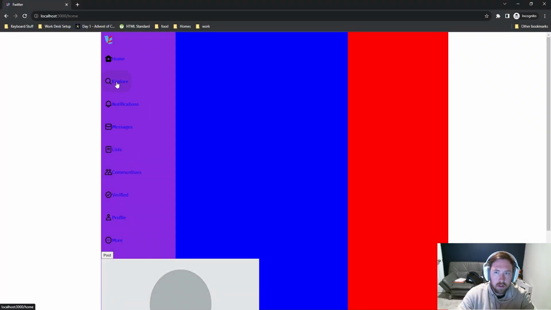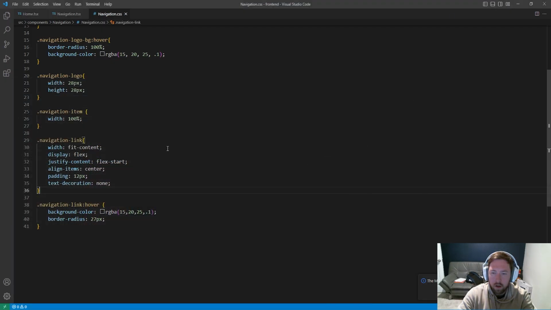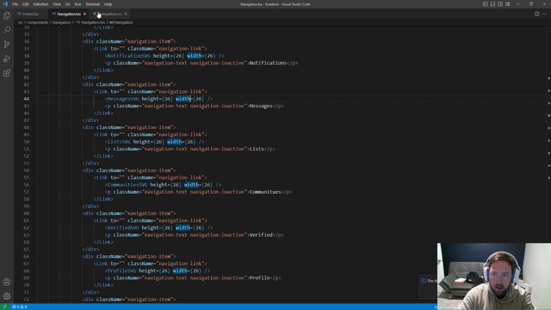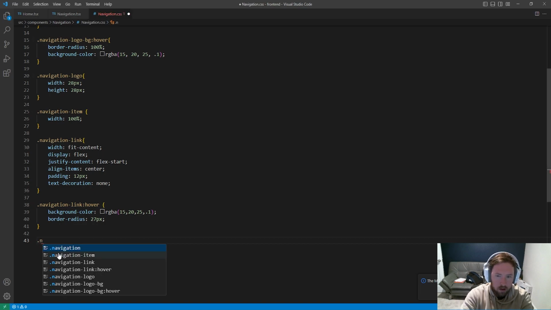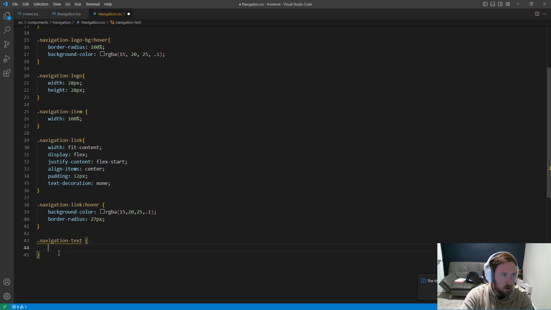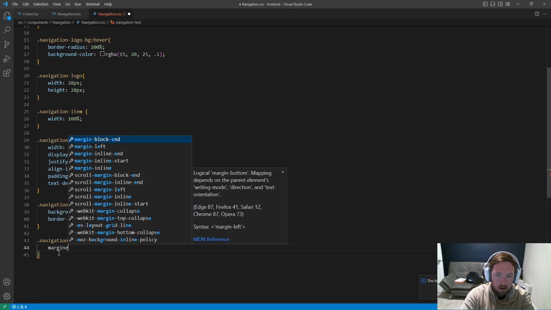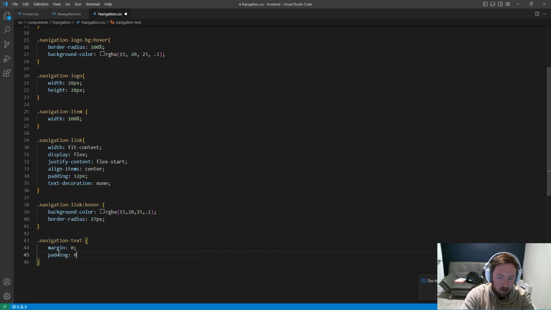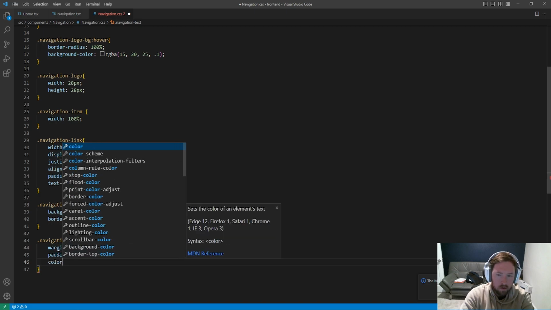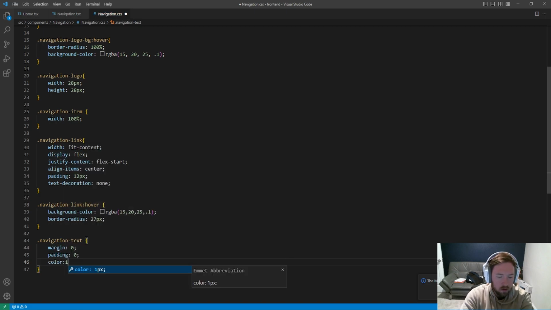And now this is kind of scuffed because there's some weird stuff going on with the p tags, whatever tags we're using in there. Yeah, the p tags, so we need to fix those. And I think communities is, oh no, it's right. Okay, now we got that. Now we need to fix the navigation text, dot navigation dash text. And with the navigation text, we're gonna have margin of 0, padding of 0, and that should fix a bunch of stuff. Color is going to be